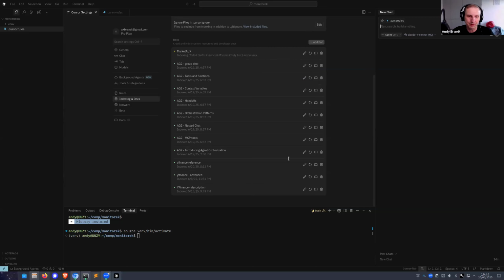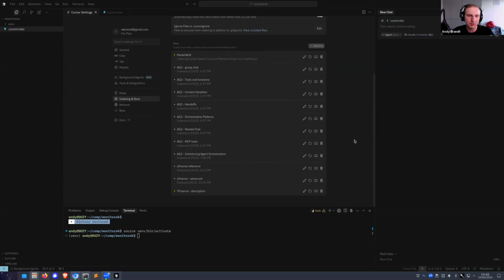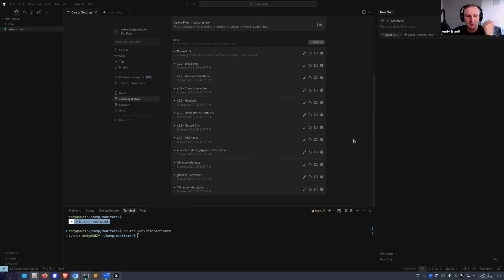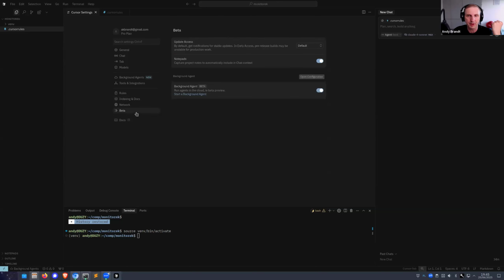So it's really important to sometimes go here and, I don't know, reindex some of those documents just to be sure that the documentation of the models is up to date. And this is really powerful, because then the model knows, for example, how to call different functions in the library that you are using. So this is something that I really recommend doing.